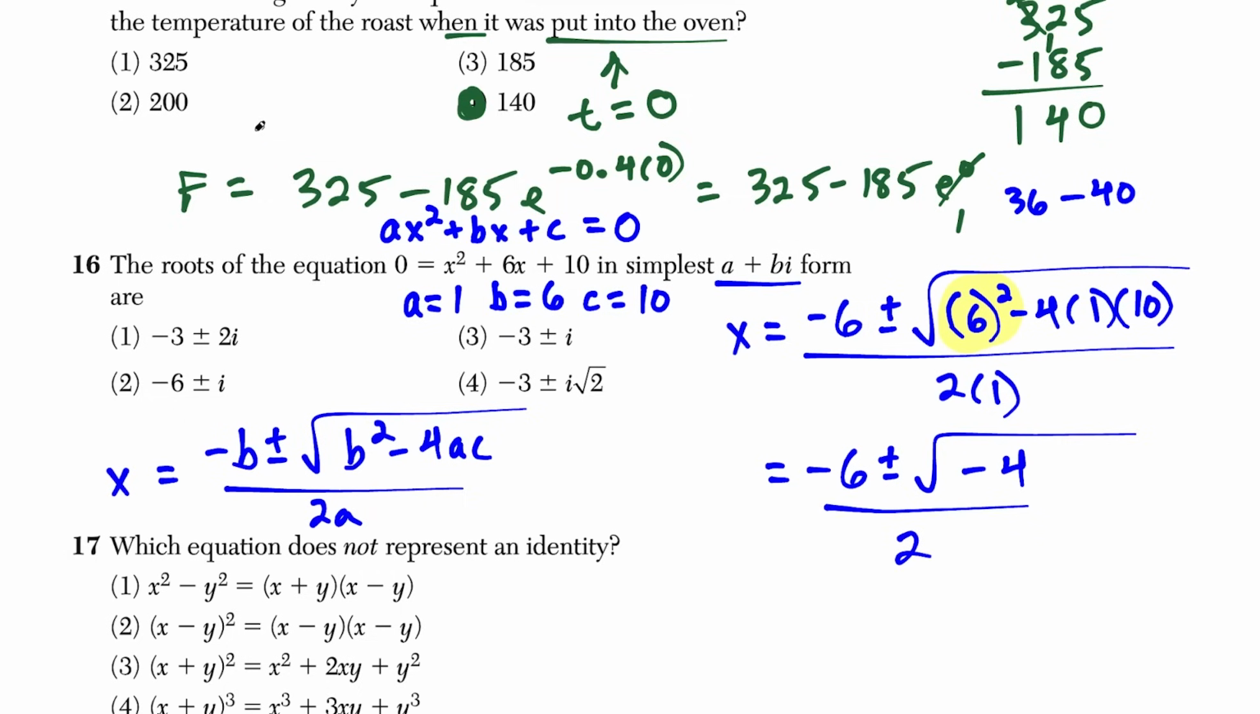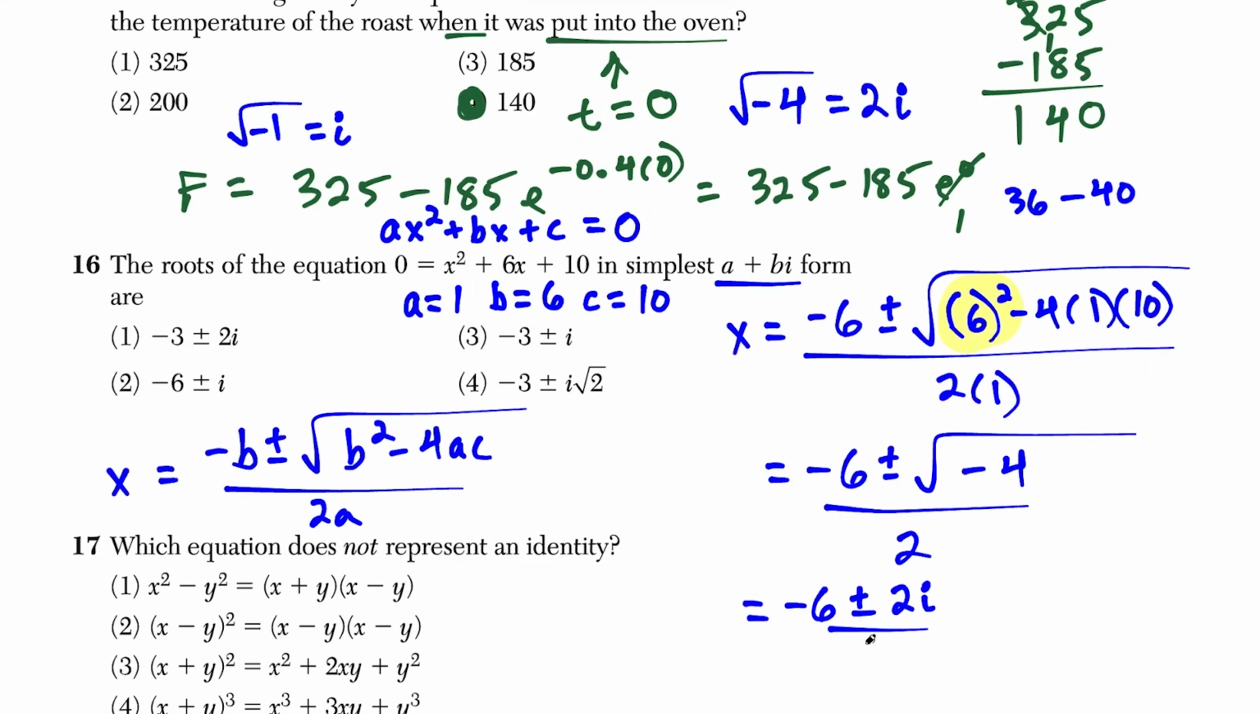So then the next big idea that we need is that the square root of negative 1 is equal to i. So anytime I take the square root of something and there's a negative in front, I just bring out the i with it. So if I have something like the square root of negative 4, I know that this is 2i. I'm doing the square root of 4 is 2, and the negative comes out as i. So here, now we have negative 6 plus or minus 2i divided by 2,